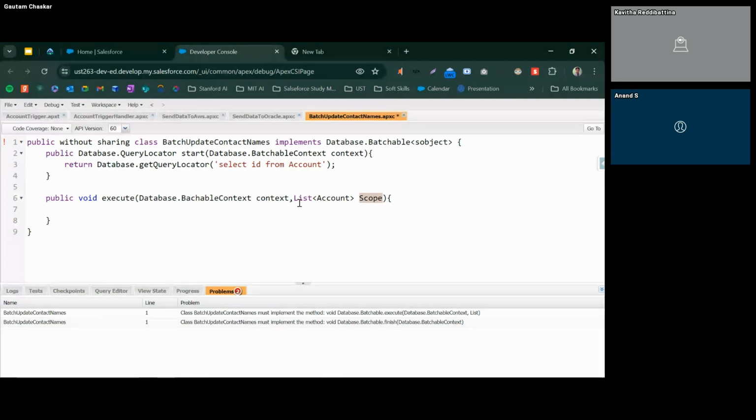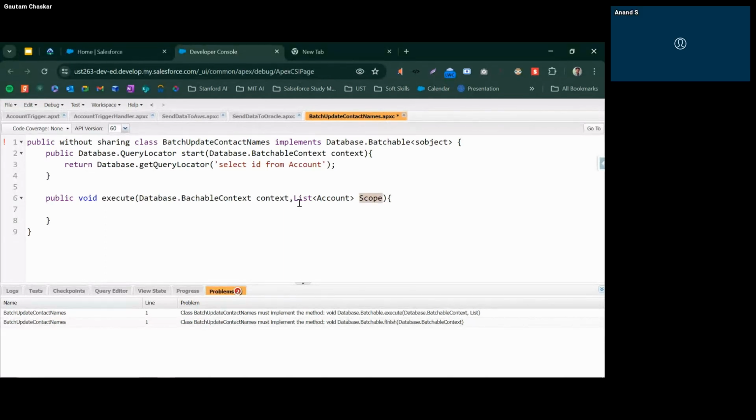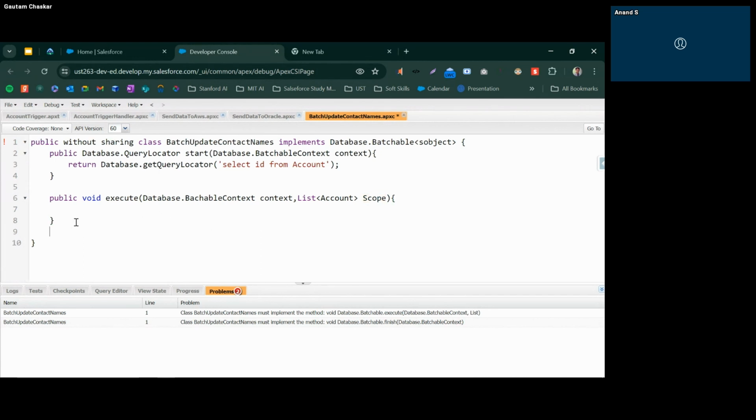If you want to use a smaller size, for example if we have so many complex processes and even if we update just 200 accounts at a time we are hitting the governor limits, then we can use 50 or even one record, based on how complex our processes are. Based on that, we can define the size, which is the number of records to process in one transaction. We can define that while scheduling or triggering this job. So this is the execute method, and the third method is the